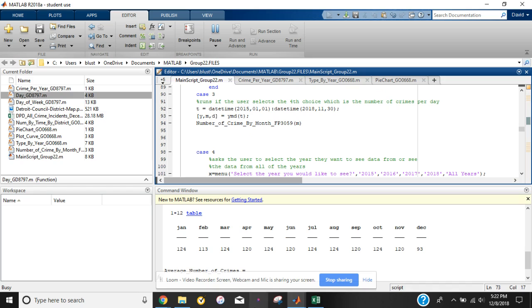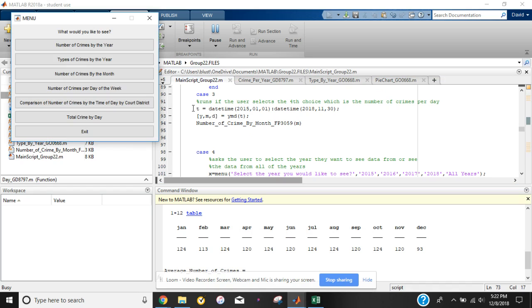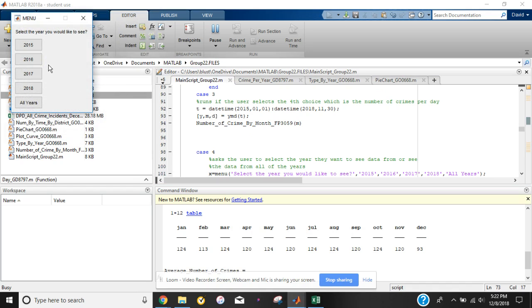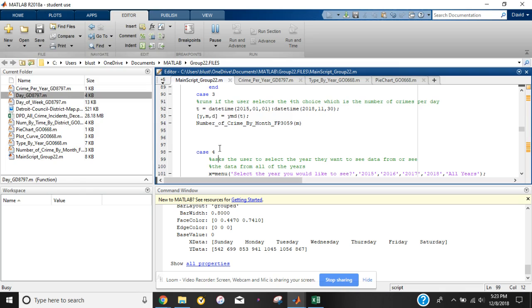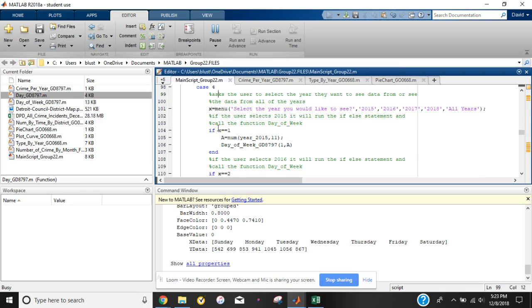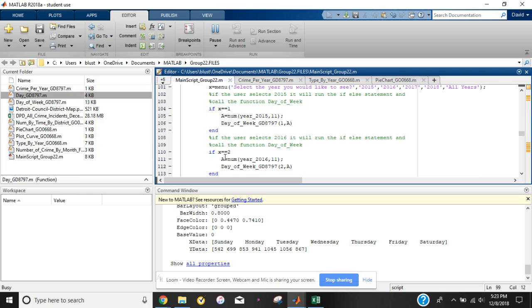So the next function that the user can select is the number of crimes by day of the week. When the user selects this, they are prompted to select the year. So if the user were to select 2016, the code would run it and display a bar graph. As we saw, if they chose 2016, then it would run this if-else statement. It'll be A equals num of year 2016 and 11, which will count, since 11 is the column of days of the week, the number of